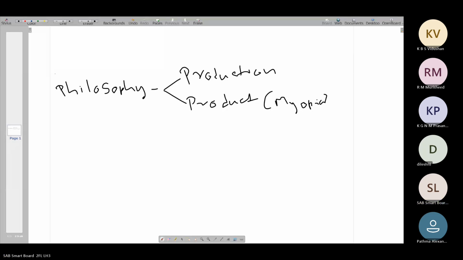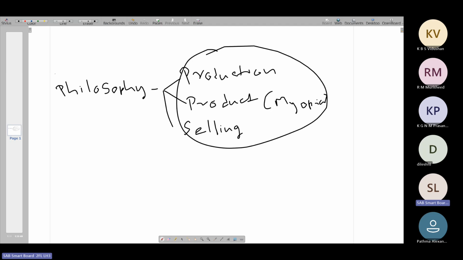And then we discussed this selling philosophy. There the companies focused only on undertaking huge promotion activities to sell their products, rather than considering the customers' needs and wants. So these three philosophies did not focus on the customers' needs and wants. After that, we started discussing this marketing